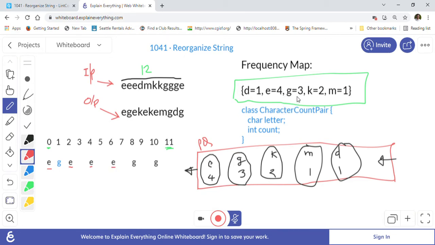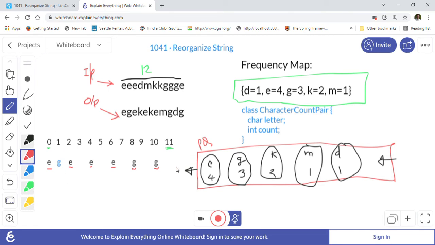Then we will go to the next highest frequency. Next highest is G, G is equal to 3. So we will keep going. After 6 we will go to 8, then we will put G here, the next one. Then after 8 we will put G here at 10. Once we do 10 plus 2, 12, we know that we are going out of bound, so we will reassign it to 1. Now the index will become 1.